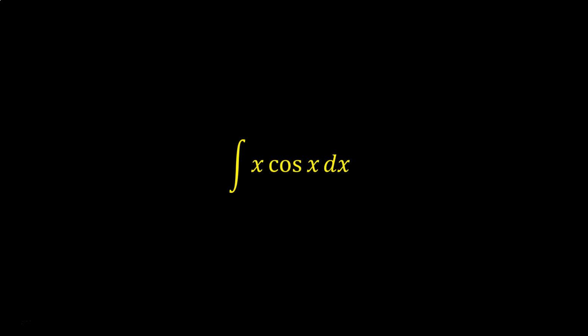Every application of integration by parts begins with identifying two factors of the integrand. One of those two factors should, ideally, become simpler when we take its derivative. In this case, that would be x. I'm going to draw an arrow from x, pointing down to its simpler derivative, 1. As for the other factor in the integrand, cosine x, we want to think about its antiderivative, which is sine x. I've drawn that up here, floating in space, so that I can draw another arrow, also pointing down to